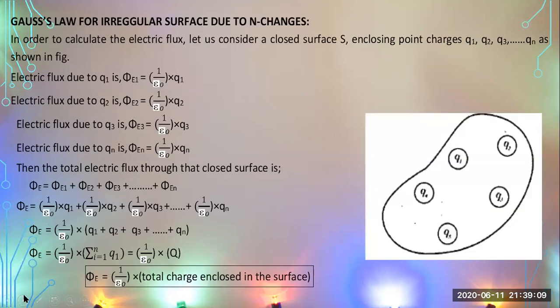moving ahead, another part of Gauss's law: if it is an irregular shape, someone asked me during the last class, how will you calculate if the surface is irregular? And this is the technique to calculate in case of an irregular surface, but the surface must be a closed surface. So it is Gauss's law for an irregular surface due to n number of charges. That is, in order to calculate the electric flux,